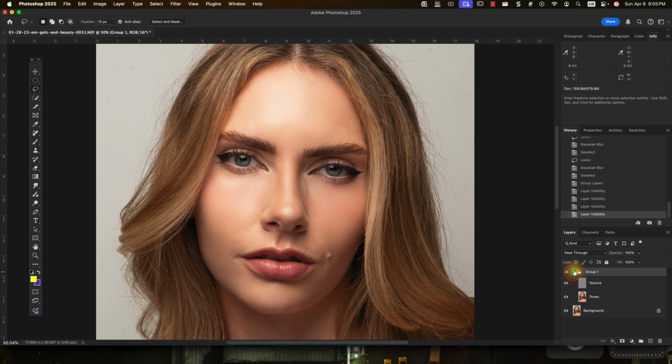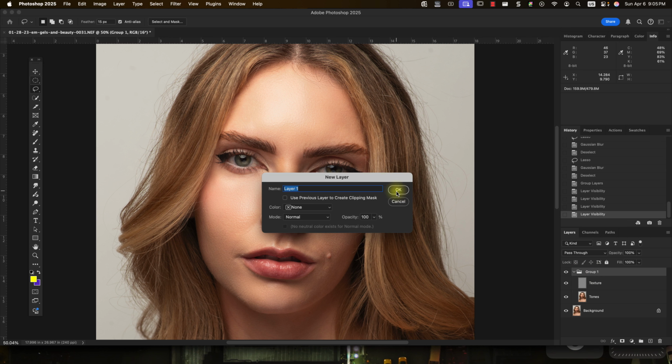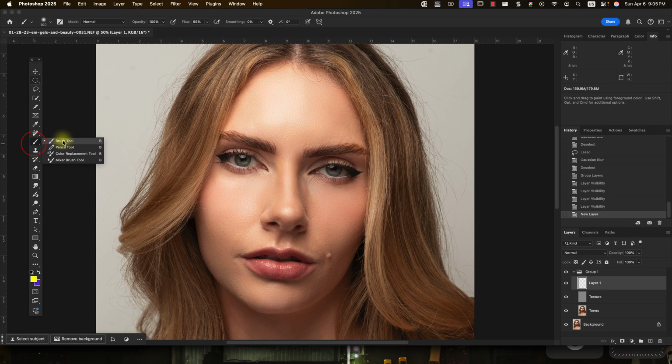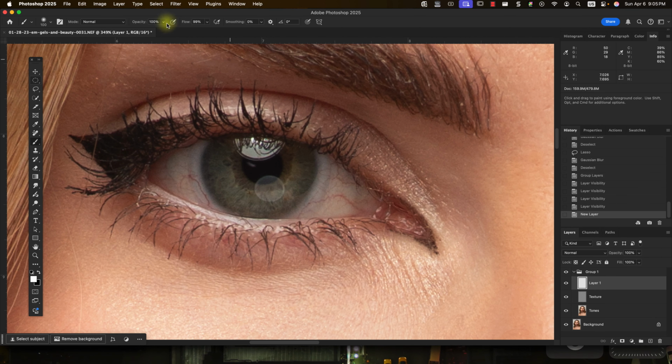Now, we're done with the face. Let's go ahead and mess with some other things. Let's see if we can bring out the eyes, for example. So I'm going to create a new layer, and I'm going to switch to a brush. This one's a really easy one. And opacity and flow is at 100%. And I'm just going to paint in